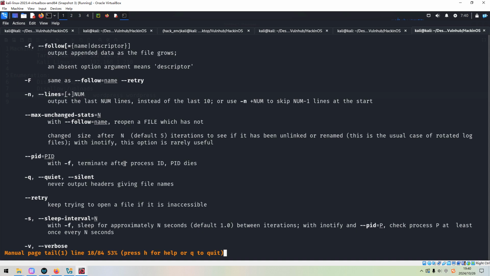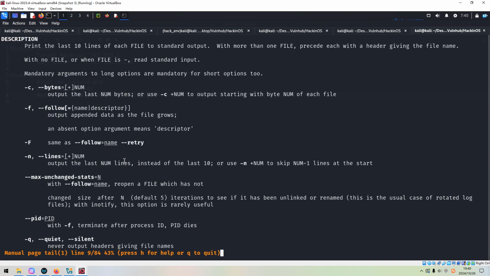We want to start from the very beginning of the file. Output the file.